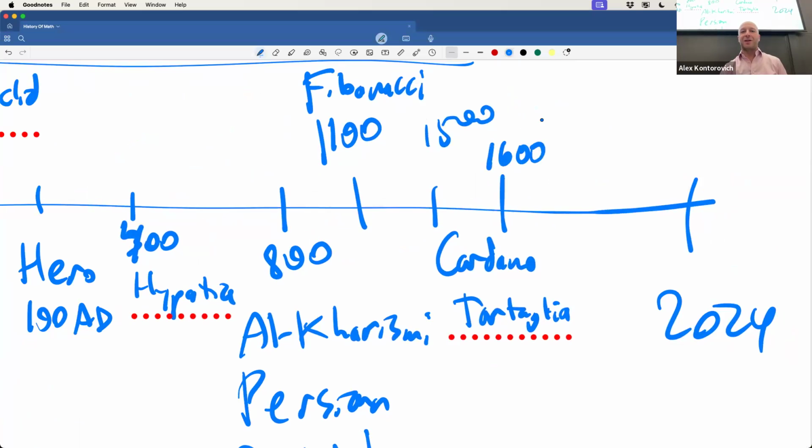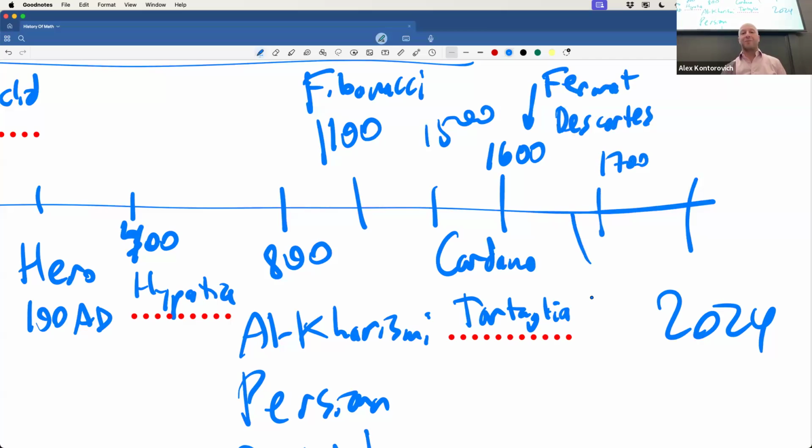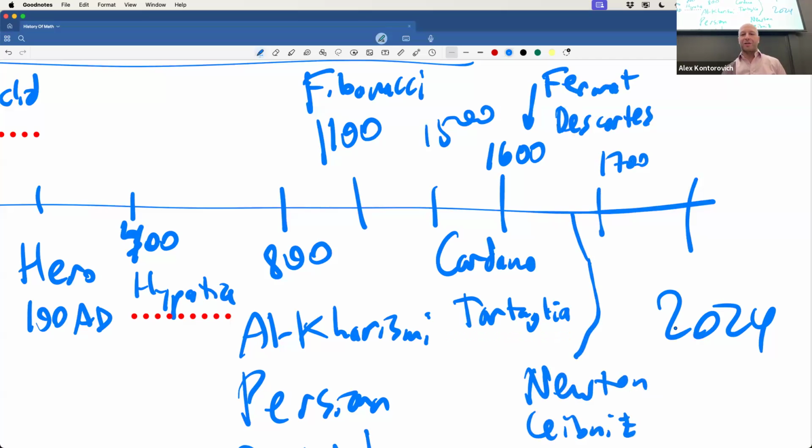You get to 1600, and in the earlier part of the 1600s, you have Fermat, Pierre de Fermat, you have Descartes. Then let me put 1700 over here. Later in the 1600s, you have Newton. Let's put it over here. Newton, Leibniz in calculus, the Bernoulli brothers, the Bernoulli family. The entire 1700s, I can just put one name. Leonhard Euler is just dominating.